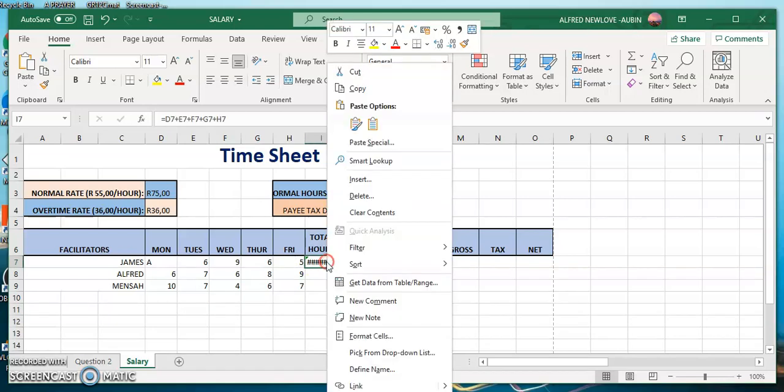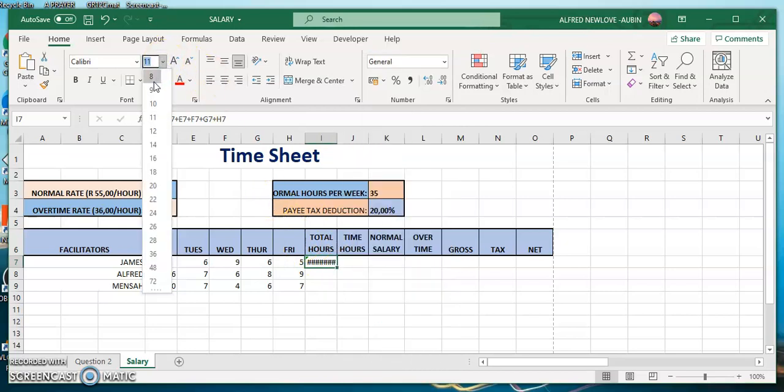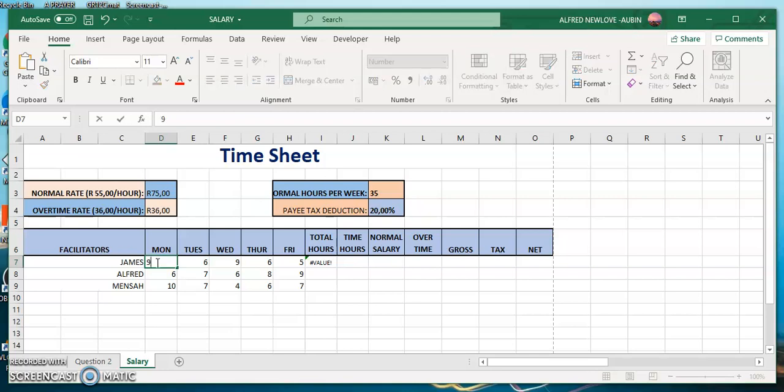Let me just reduce the font for you to see what I'm trying to say. If I reduce the font, you see that I have value there. It means this one must only take numbers, not other text. So let me put the 9 there. See that it has changed back to